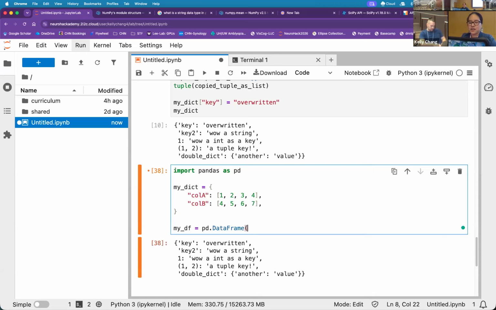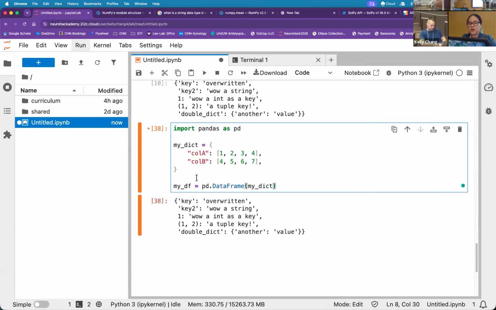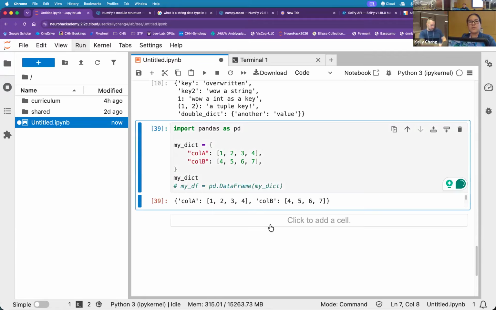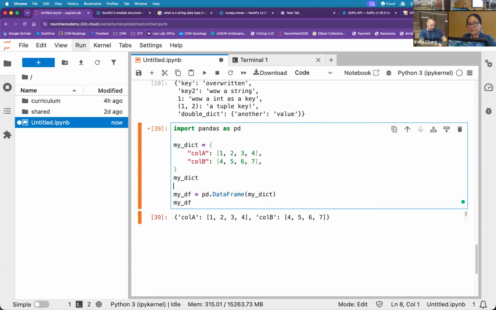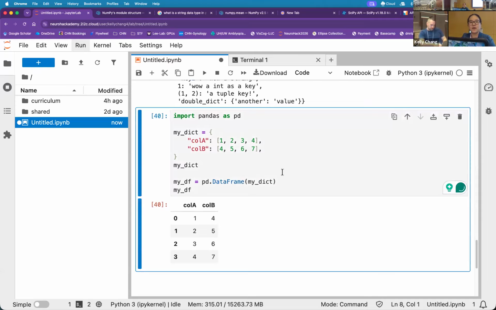Let me feed in my dictionary. I will also, really quickly before I do that, print the dictionary just to give you a reminder of what the output looks like when it's a native Python dictionary. Once you convert it into a pandas data frame, please note the really nice formatting. That's because it knows it's a pandas data frame, and so it'll try to print really pretty like this.